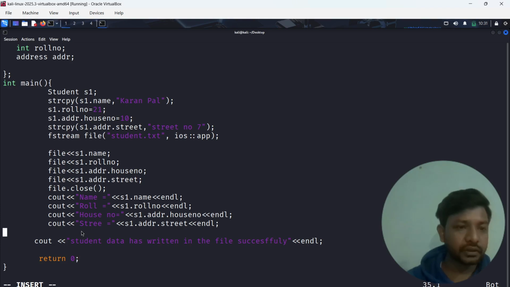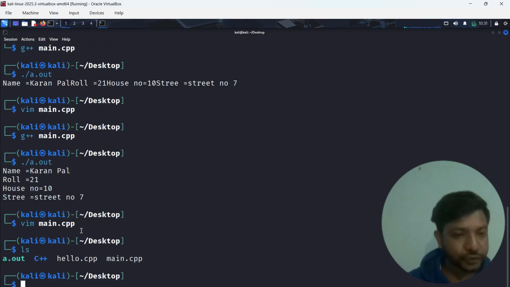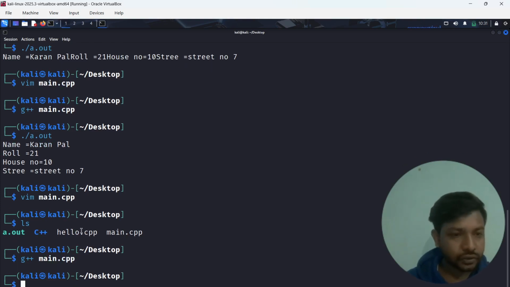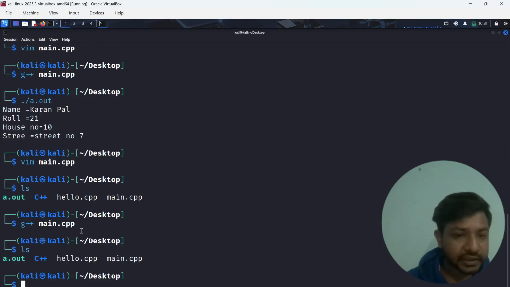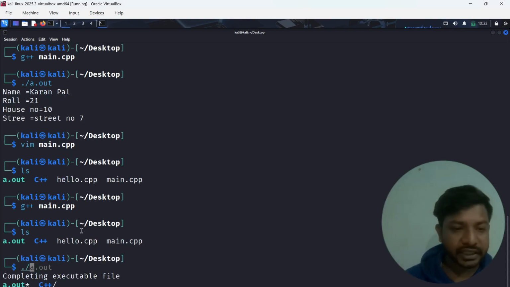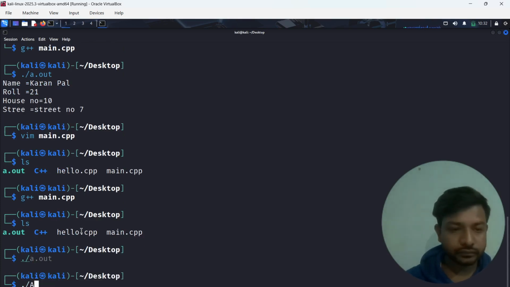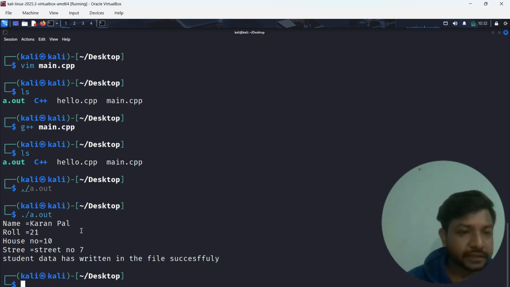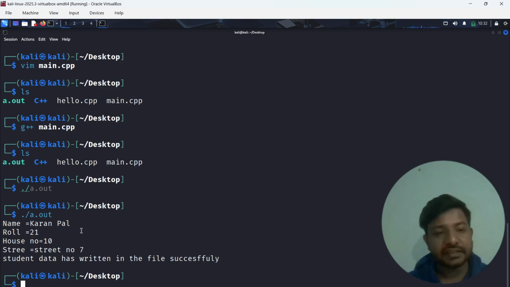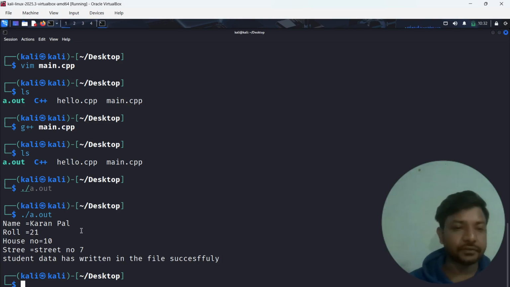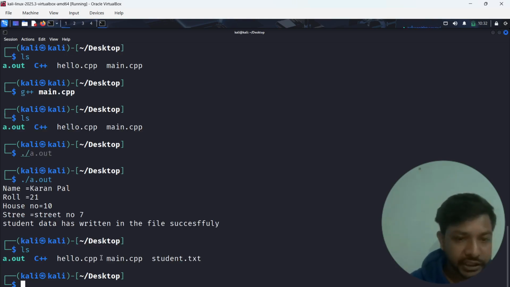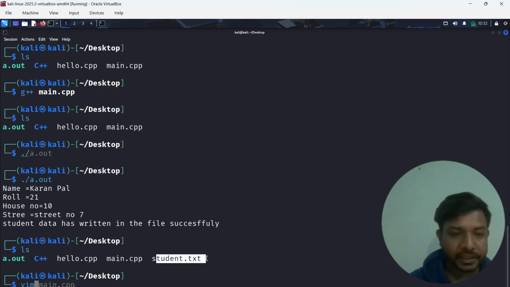Okay, now let's try to compile this code। अभी हम देखेंगे स्टूडेंट नाम की कोई भी फाइल नहीं है, और अब जा रहे हैं हम कंपाइल करने। ओके, इट इज कंपाइल्ड सक्सेसफुली। जैसे हमने कंपाइल किया तो यहाँ पर हमारे पास कोई भी टीएक्सटी फाइल अभी स्टूडेंट की नहीं बनी है। अब हम रन करते हैं। ओके, सो स्टूडेंट डेटा हैज रिटन इन द फाइल सक्सेसफुली। डेटा हमारा राइट हो गया सक्सेसफुली। लेट्स सी, देखते हैं कि कोई फाइल बनी है कि नहीं। स्टूडेंट नाम की टीएक्सटी फाइल बन गई है, और इसको ओपन करके देखते हैं इसमें कुछ है कि नहीं।